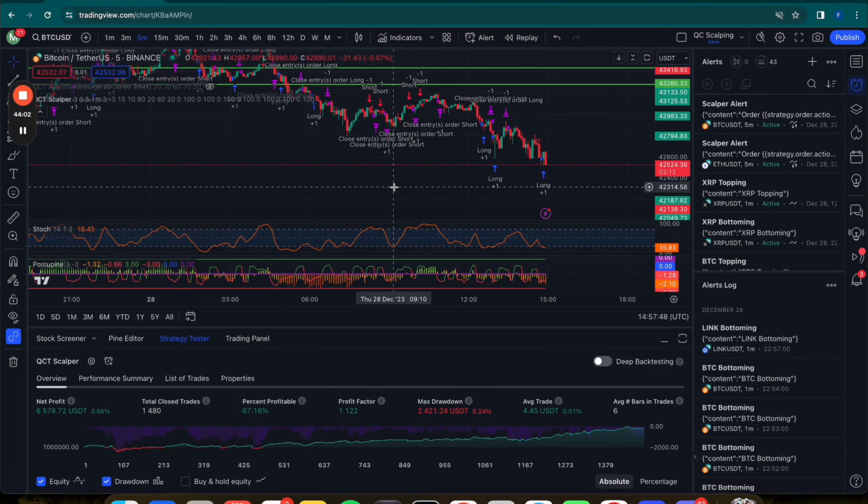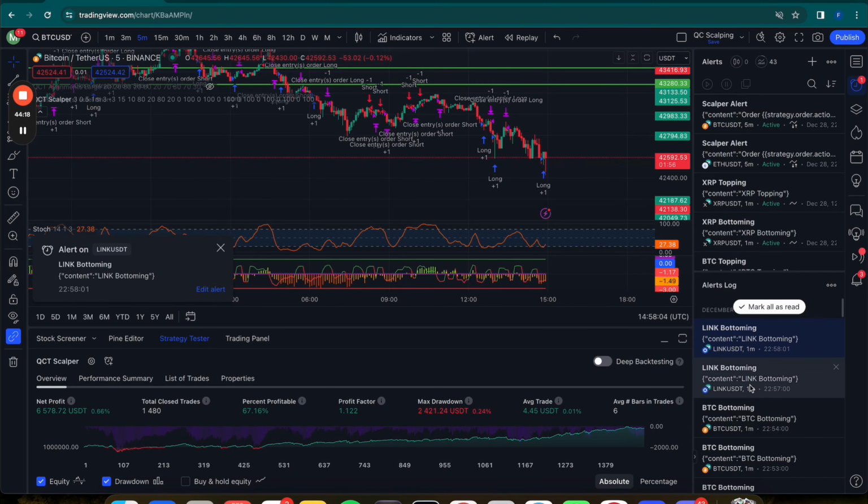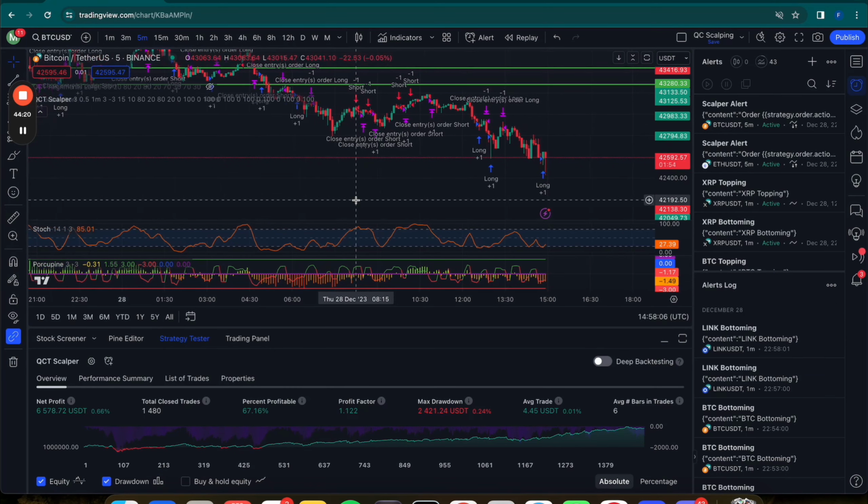So if you know your statistics and you know that over time you will be profitable, then it's not really over time, it's over a certain number of trades or over a certain volume traded. So what that means is that you want to get that as quick as possible, or you want as many trades as possible, to even out the odds.